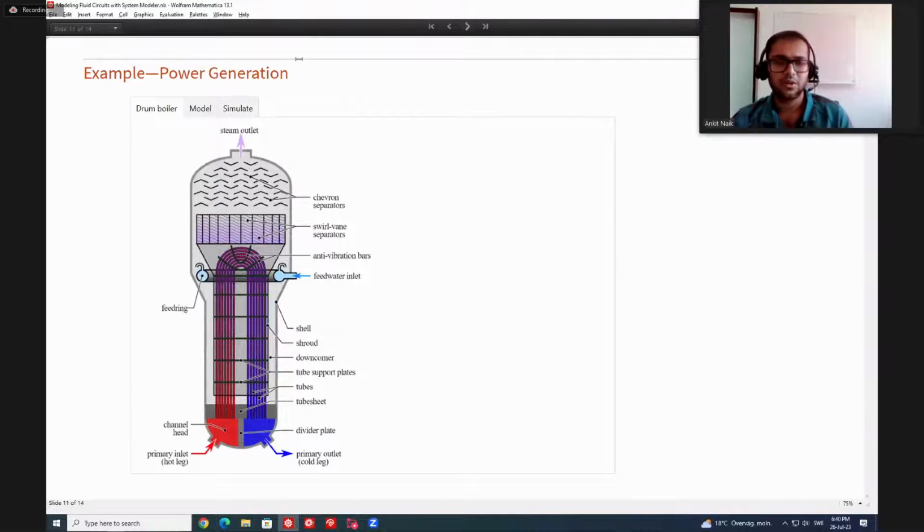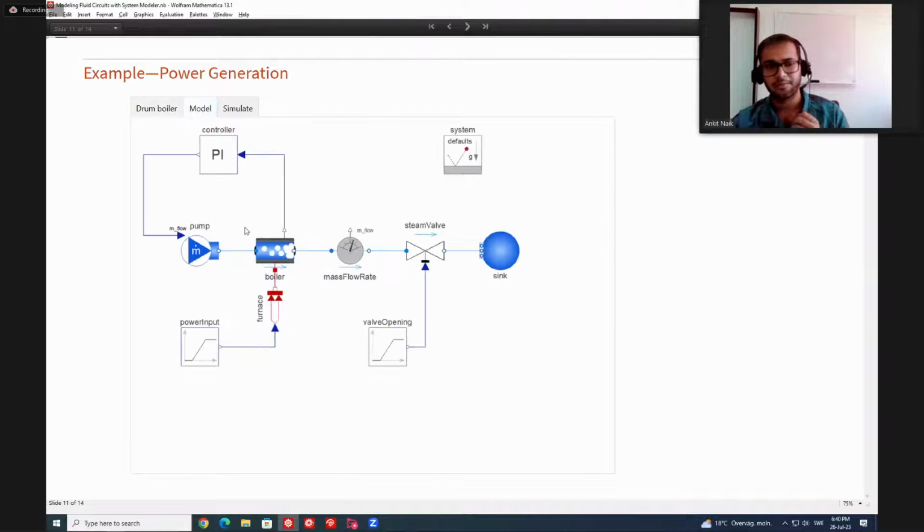Also, you can use the fluid library to model phase change. So in this example, we will see how you can model a drum boiler. What is happening in this example is we are sending liquid to a boiler, adding heat, and that liquid or feed water is being converted to steam, and that steam is then passed to a sink when the